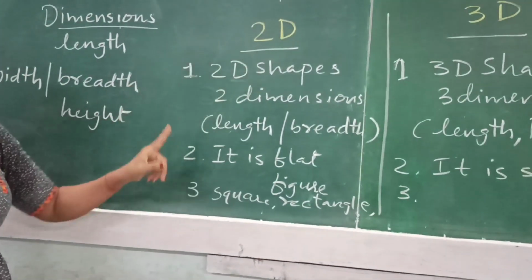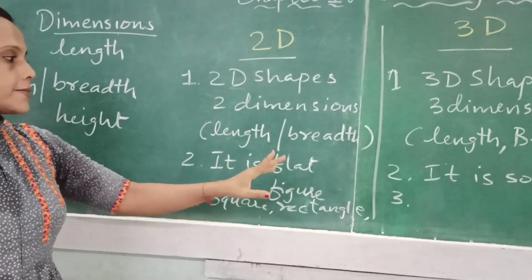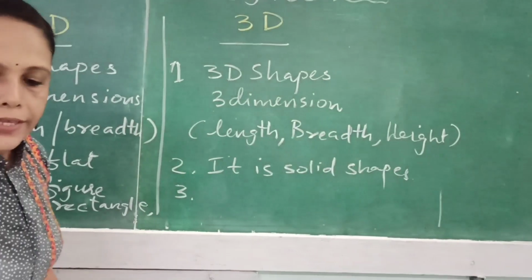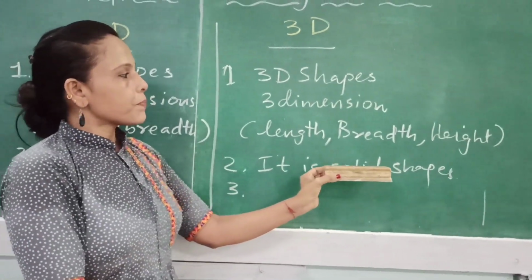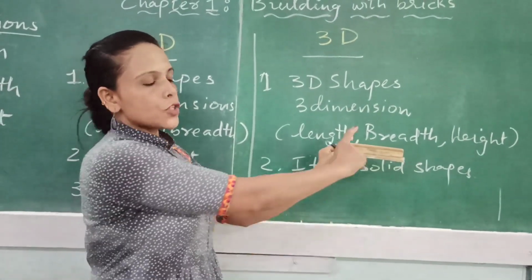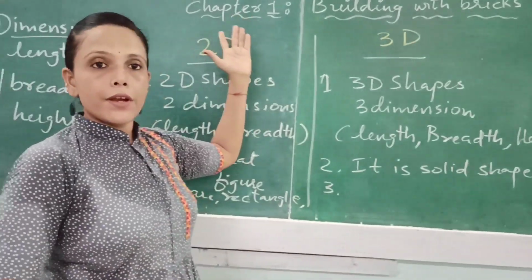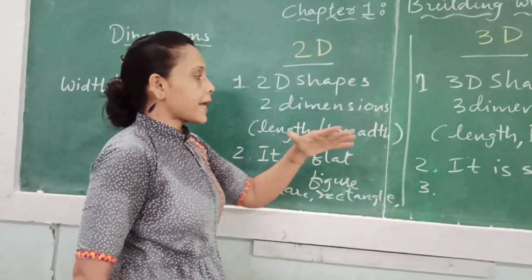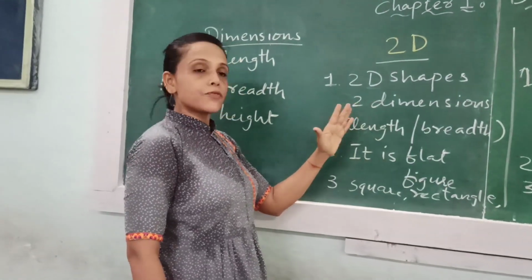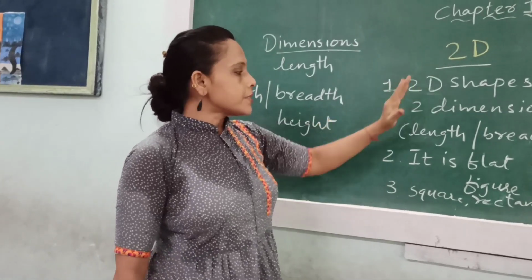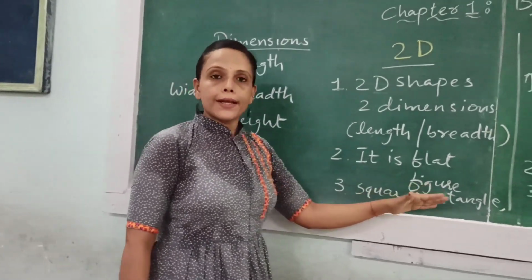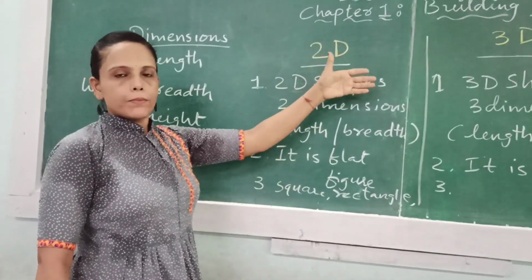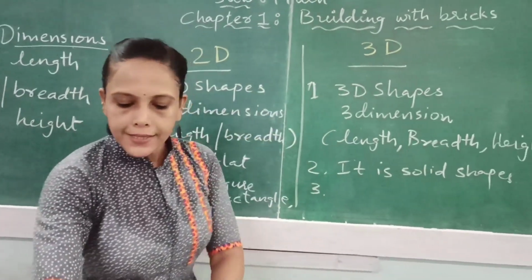Second difference: 2D is a flat shape, and 3D is a solid shape. Already I have explained to you. If you look at this duster, it's a 3D shape, a solid shape. The different shapes we studied first were all flat and can be drawn on a plain paper. They are flat shapes. Examples of 2D shapes are square, rectangle, pentagon, hexagon. Already we have studied them before. And 3D shape examples are